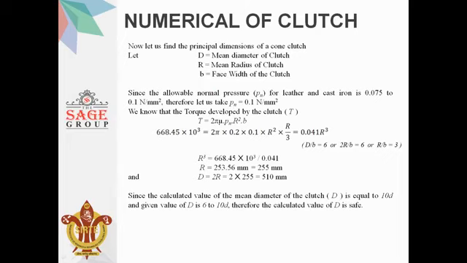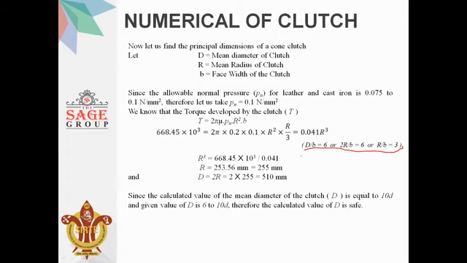Now the value of b is substituted by R. It is mentioned over here how we have converted small b into terms of R. D upon b is equal to 6, so 2R upon b is equal to 6, so R upon b is equal to 3, so b is equal to R by 3. So here we put b equal to R by 3. After solving this, we will get the value of R cube, and our value of R is 255 mm. So 2R will be equal to 510 mm.